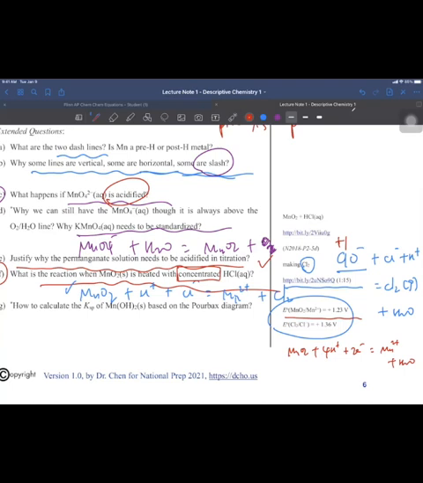If we use the Nernst equation, E equals E standard minus RT over nF ln Q, am I right? Then you will see the H plus actually is in the bottom of the line. So a higher H plus will decrease the Q and increase the E, right? Or you can just use Le Chatelier's principle. More H plus will shift the reaction to the right side. So this is why H plus is good to increase the oxidizing ability of MnO2,